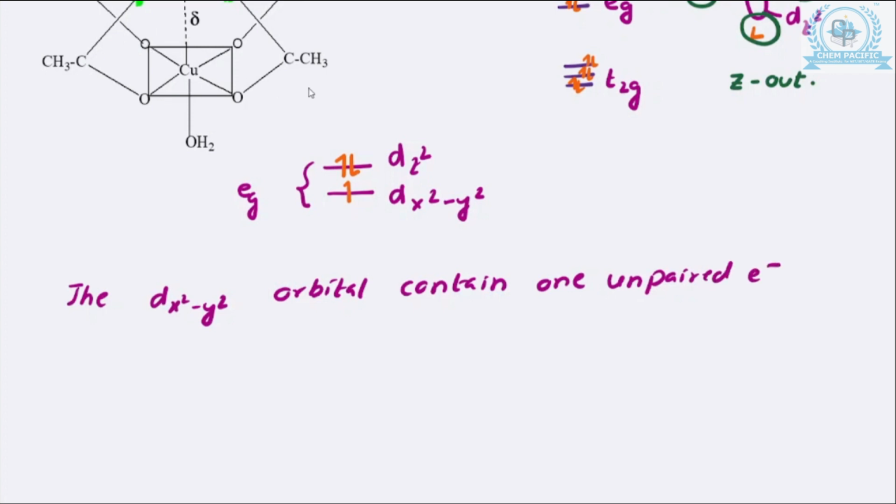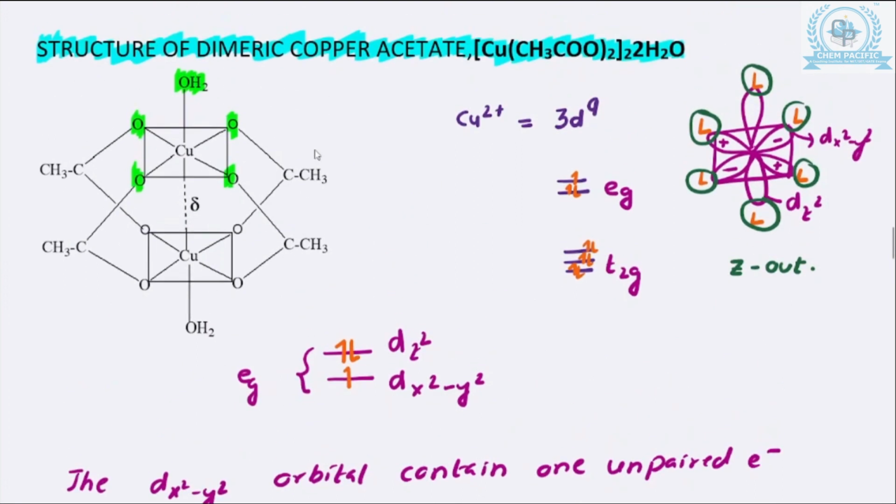Now, when this dimeric structure is formed, as you can see, these two copper ions are coming close enough to each other, as a result of which ये इन दोनों में जो dx² minus y² में जो unpaired electron है,